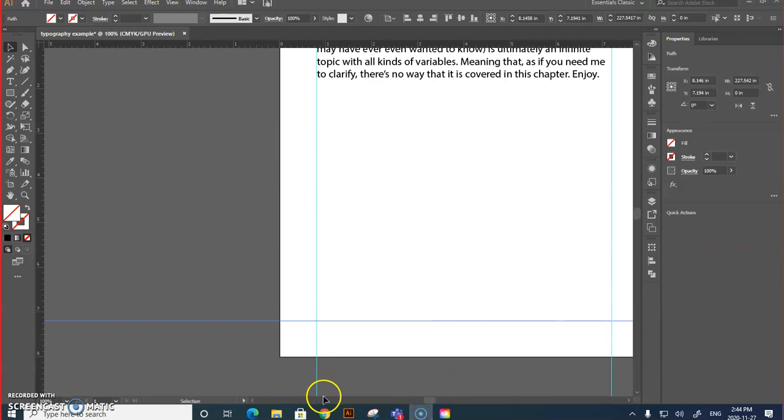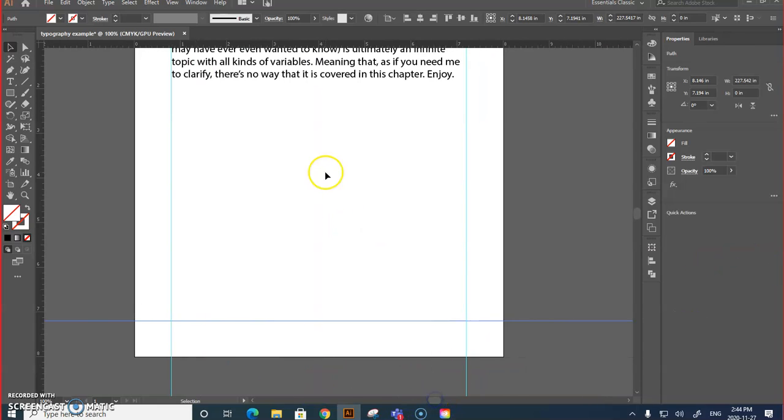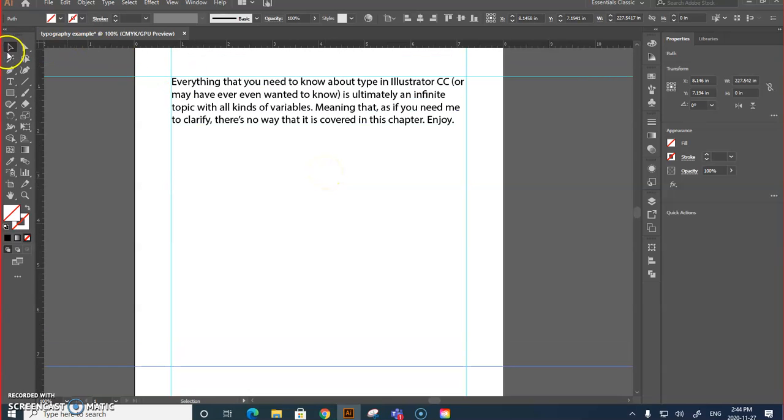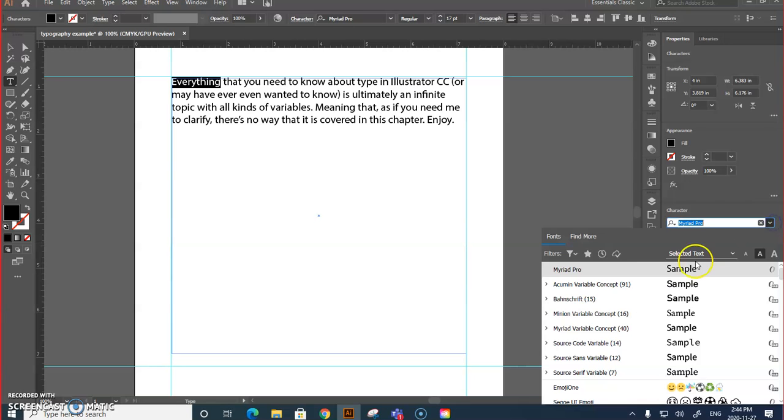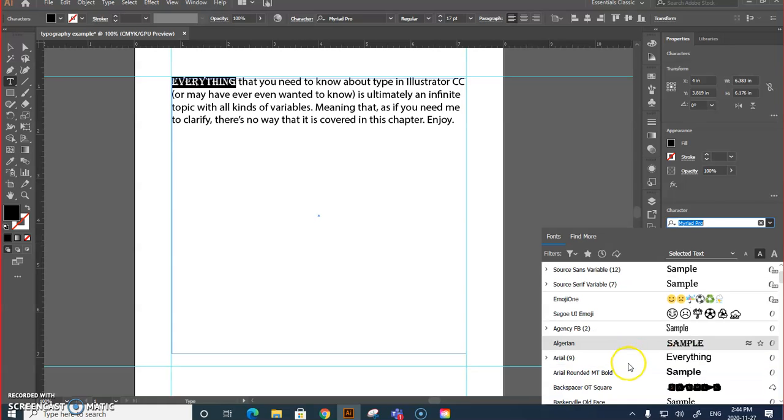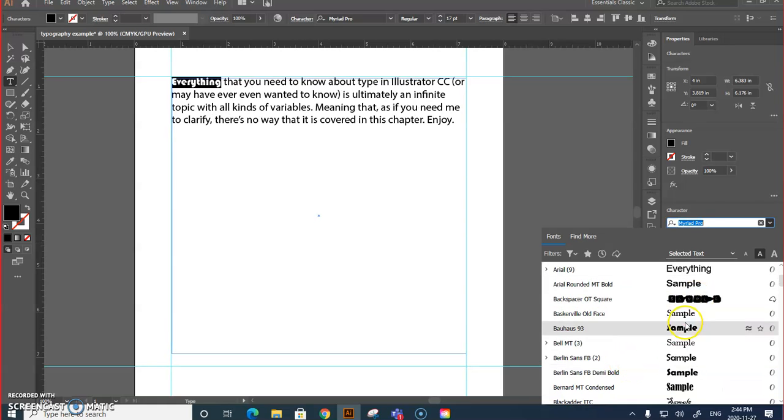All right, so I just got a couple minutes left on this before it times out, but with this font, I can double click here to select. I want this word, everything, and I want to change it to something else. So on my drop down here, I've got tons of options. It'll show me what the default ones are. As I scroll down, it shows samples of what this is. So I'm gonna pick this one here,